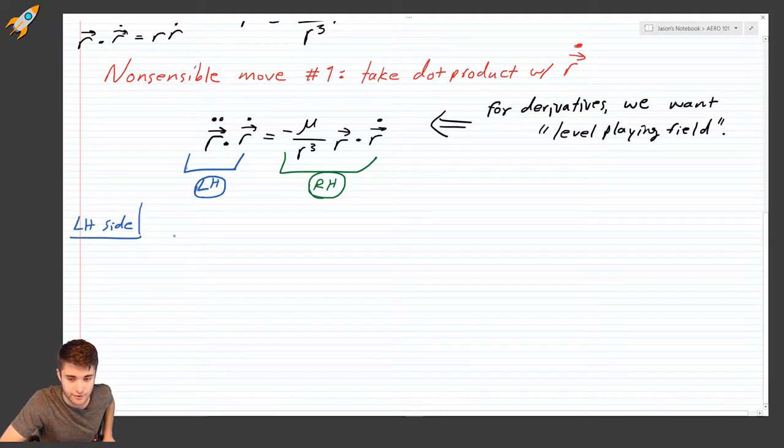We're going to do some manipulation on the left-hand side of the equation, which is acceleration dot product with velocity. Okay, we're going to see what we can do. And we're going to take a look at something, right? We know that dot product rule,